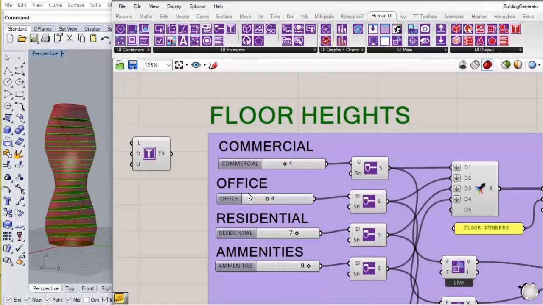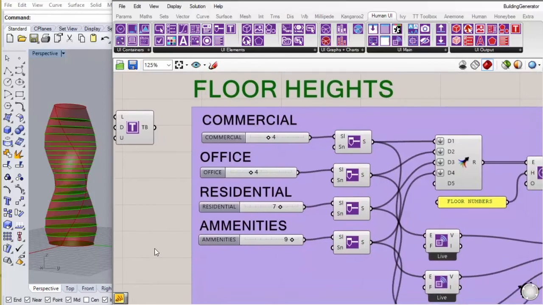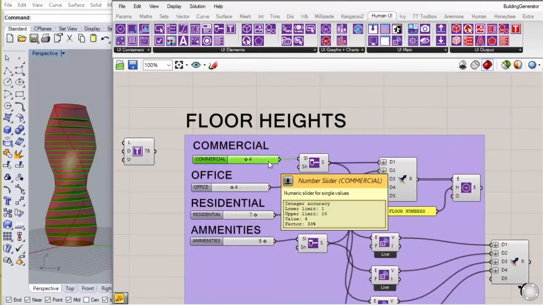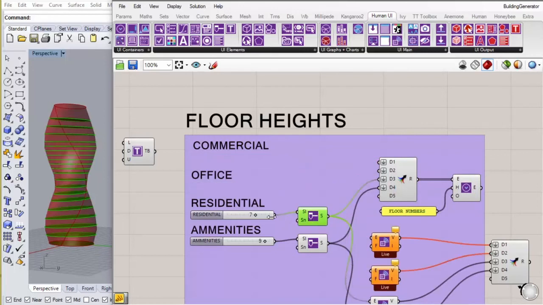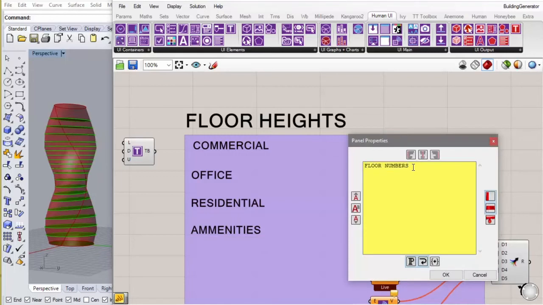This should all be all right, except for the sliders, which we're getting rid of all of these. And then this should be called floor heights.